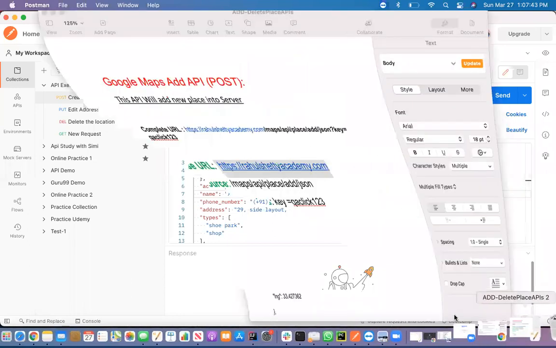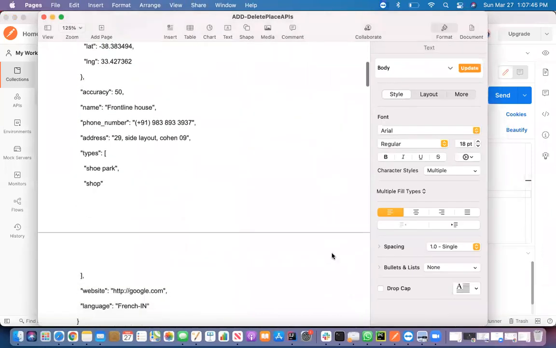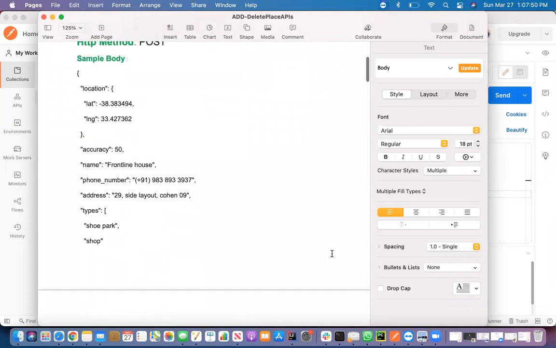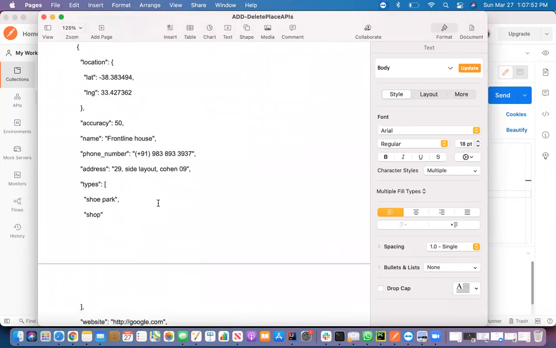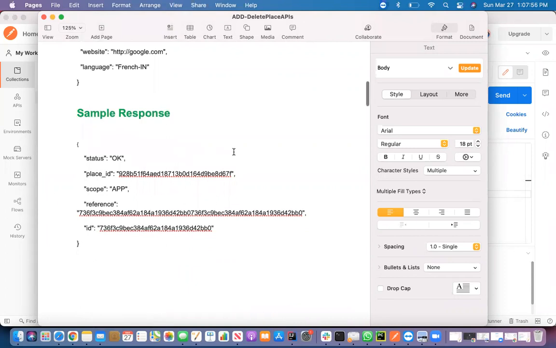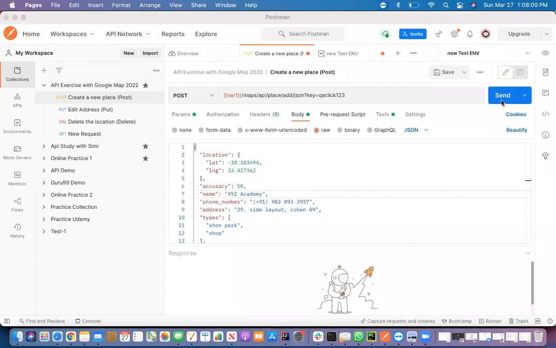Like last time I told you that your development team will give you some input parameter like this, and you have to update anything you want, and then you're supposed to get a response like this. So if I run this, let me check. If I send,